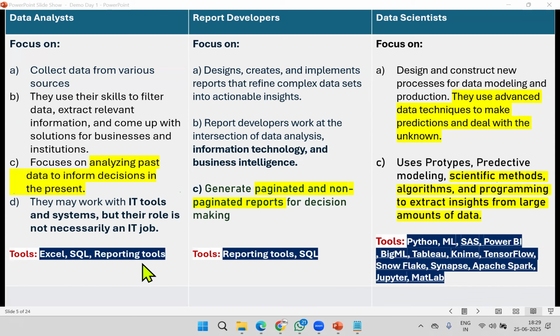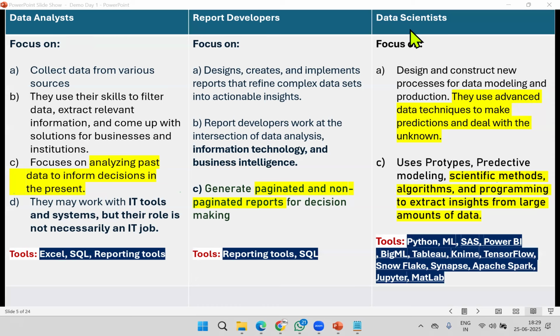Anyway, reporting tools are required. A report developer joins the company not only for decision-making reports, but also page-related reports. Remember, page-related, just normal conventional reports you also generate. A report developer will develop decision-making and non-decision-making reports. But at data analysis level, decision-making reports are always generated.